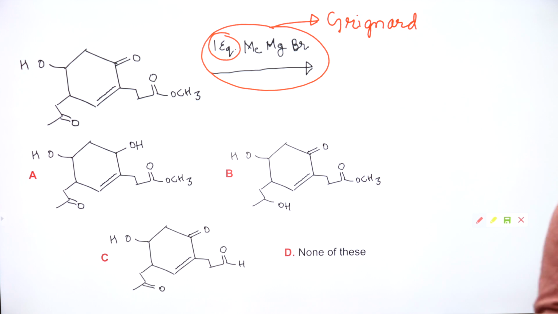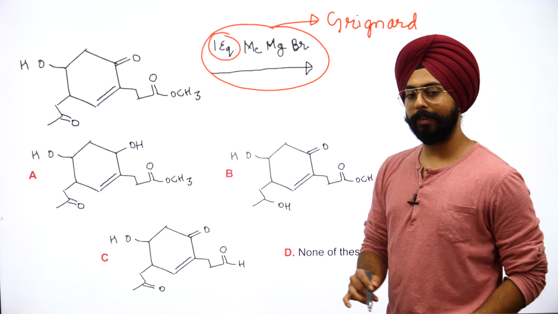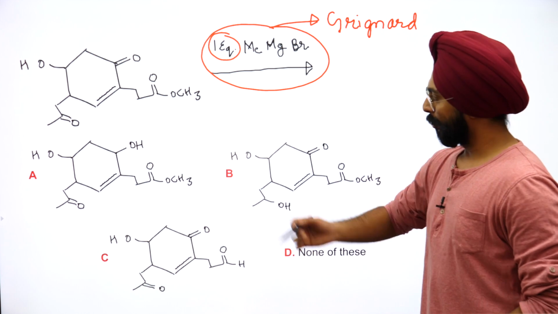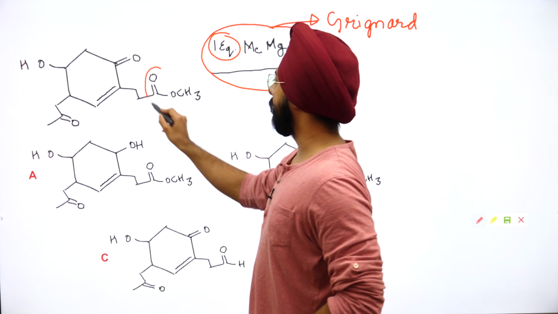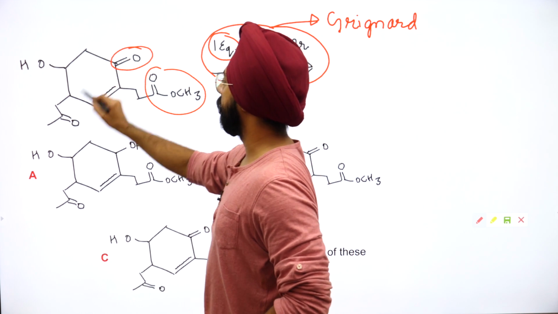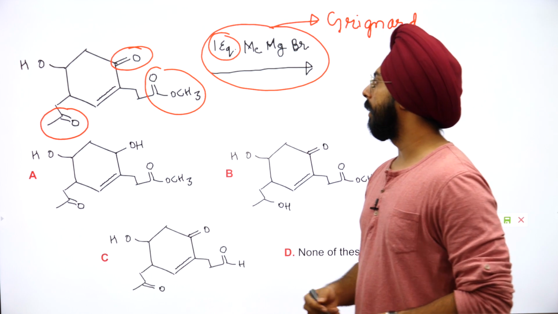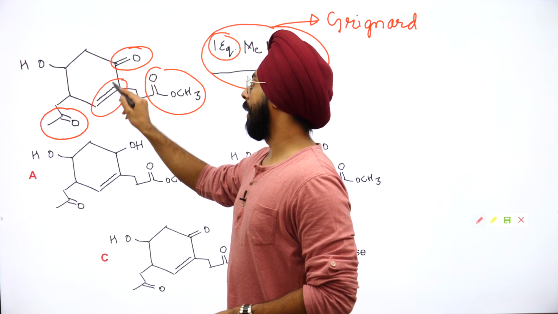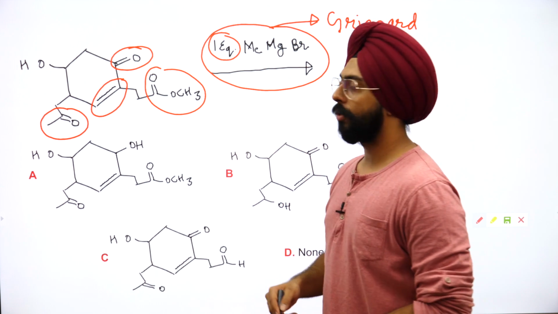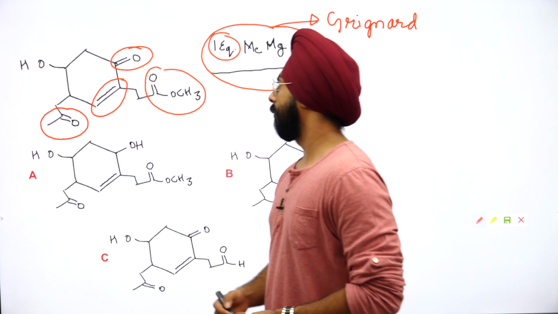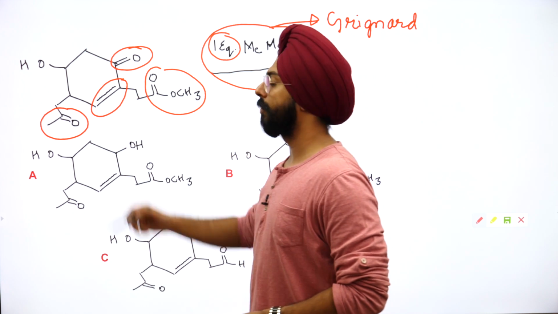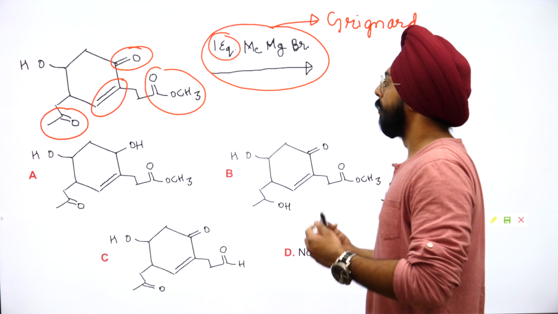Yes, did you see the question? Are you able to solve it? So you must be saying, sir, there are three things that can react. This is one, and this is one. There are two ketones. There is one aldehyde. There is one ketone that has another conjugation into it. So there can be this kind of addition? Michael addition हो सकता है क्या? So on and so forth.